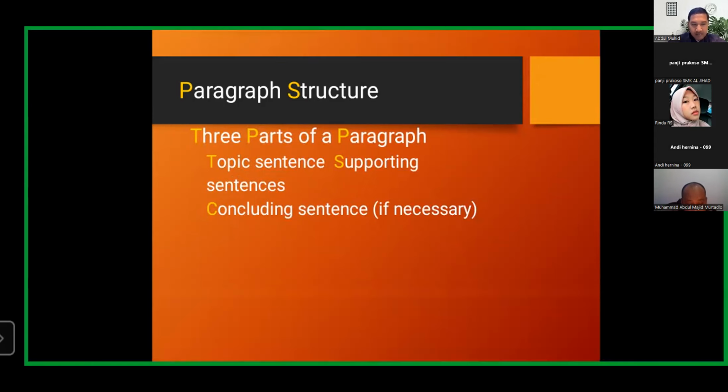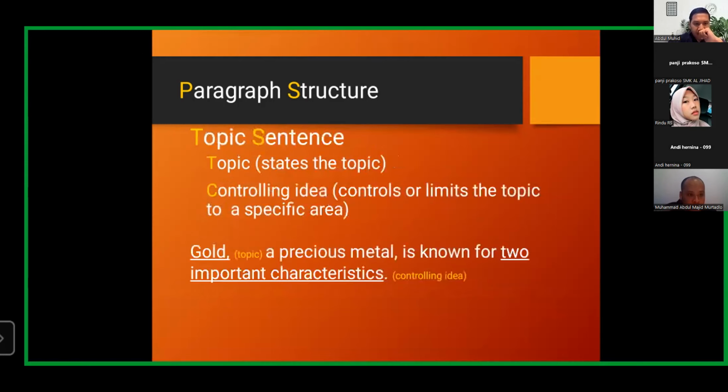Paragraph structure. Three parts of a paragraph: topic sentence, supporting sentences, and a concluding sentence if necessary. Next. Topic sentence.